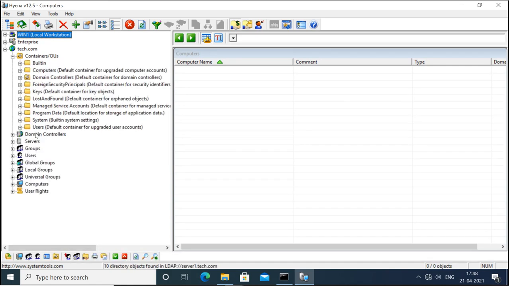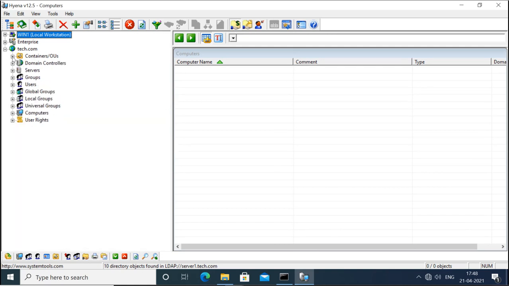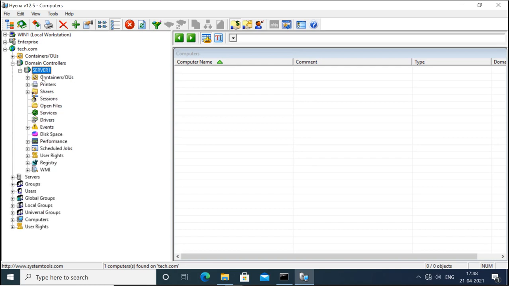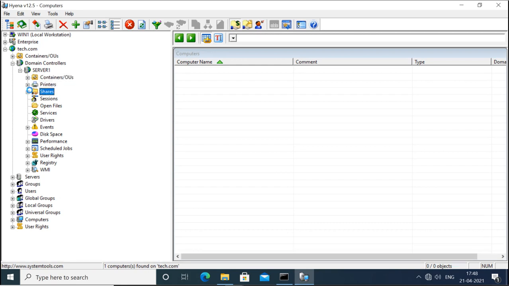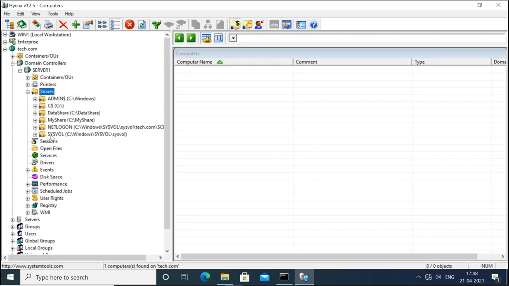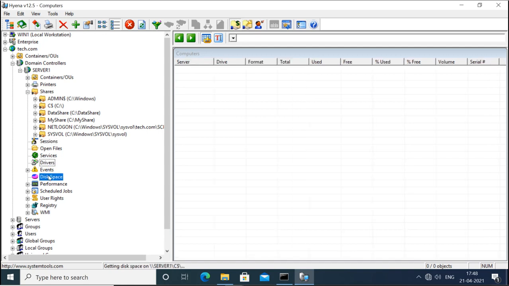You can see it is getting the information about the OUs. Then the domain controllers. This is the domain controller, and this is the information about it, like printers, shares, what share folders are there, sessions, drives, disk space.